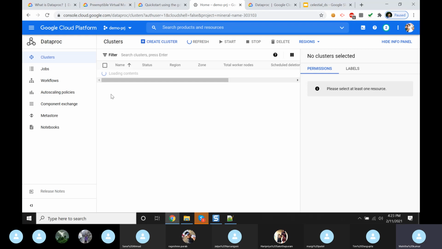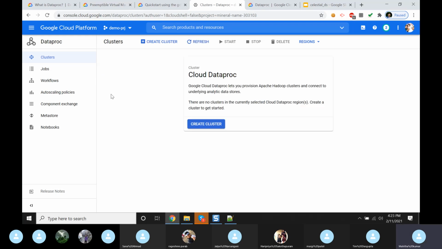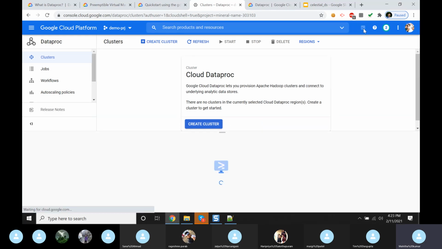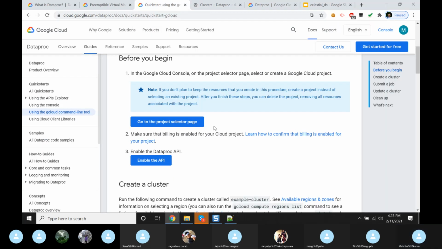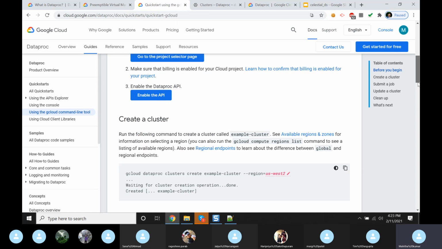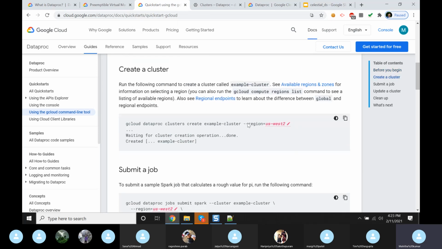So here we will be able to create clusters and nodes. Either we can create the cluster using this one or the command line tool. We will try the command line tool today. So here the code is this one, and in this line the location is mentioned, and we can modify the location here itself and copy the code.